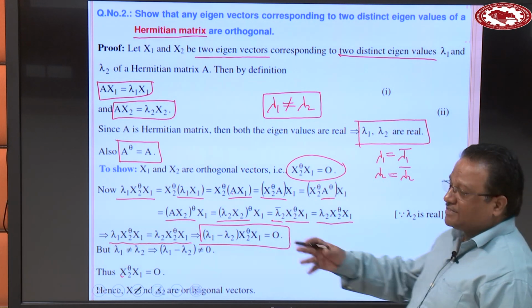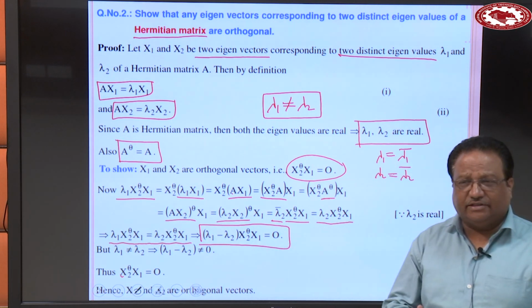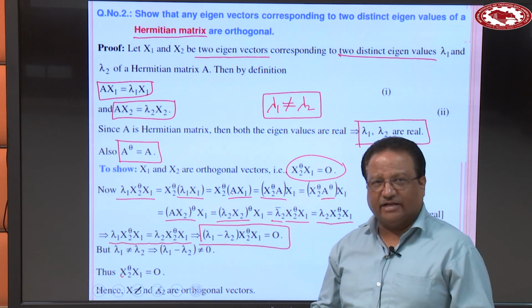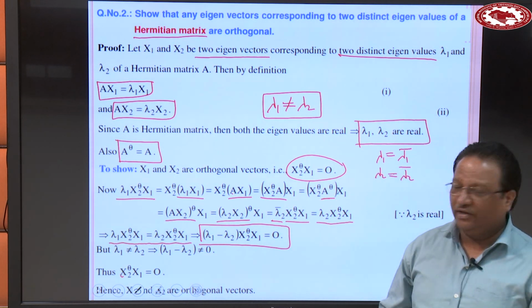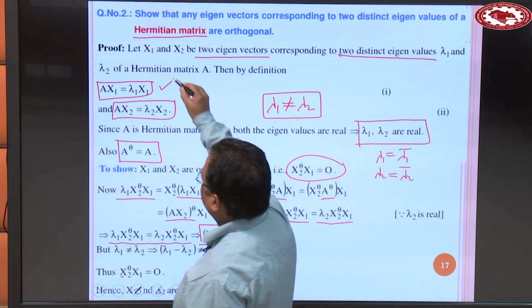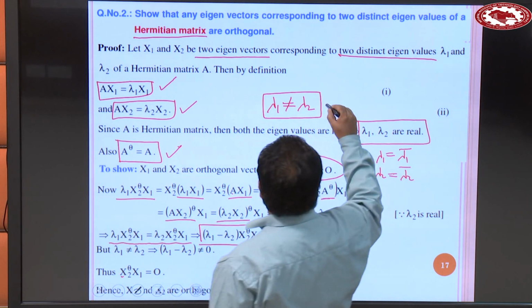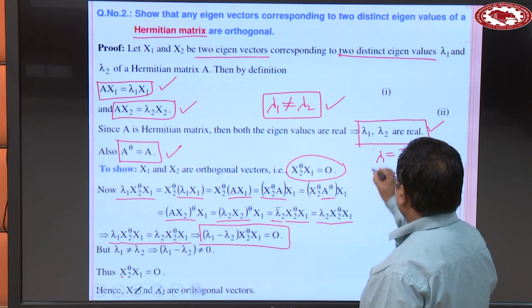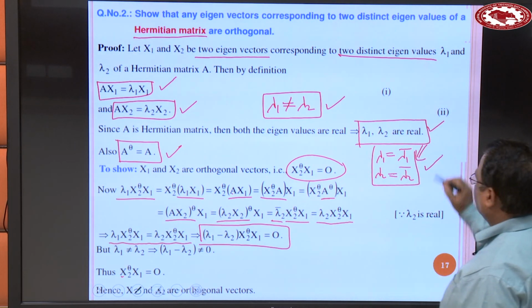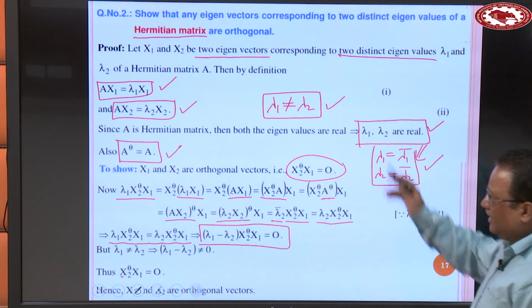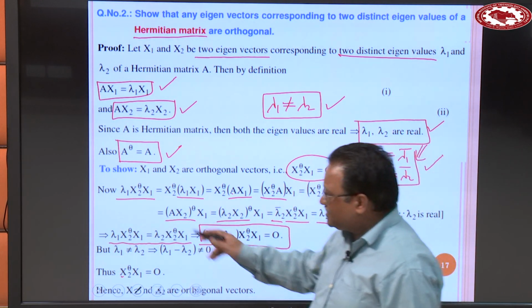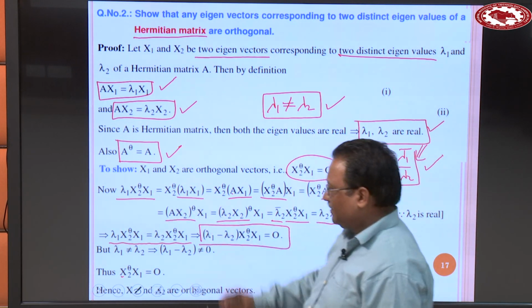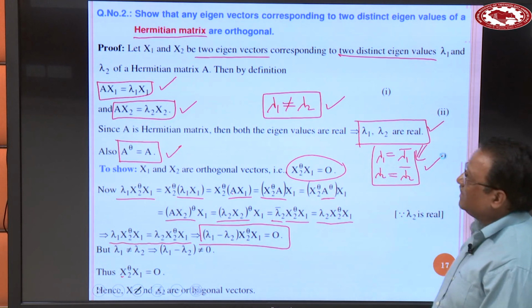So whenever this type of problem comes, first write down on one side everything that is given, okay? This one is given, this one is given, this one is given. Okay? And all these types of problems start from lambda 1 x2 theta x1, okay? And solve this type of problem.